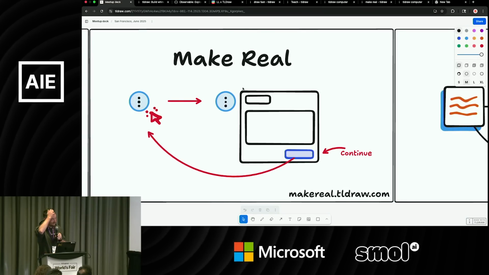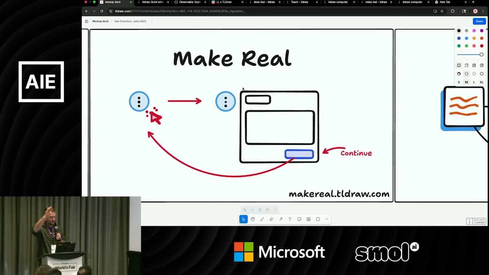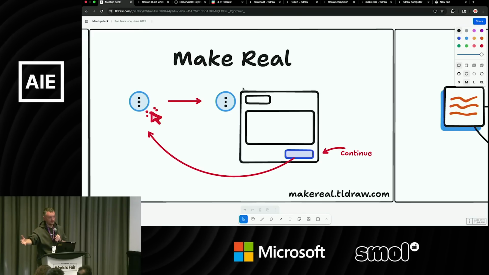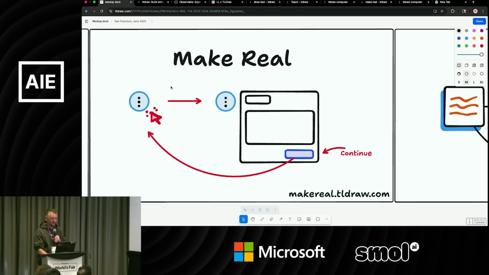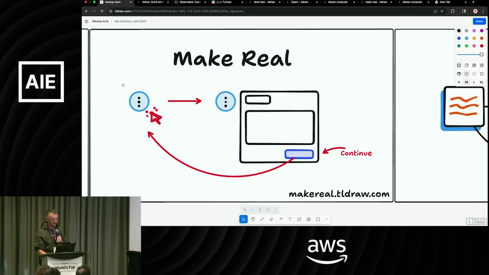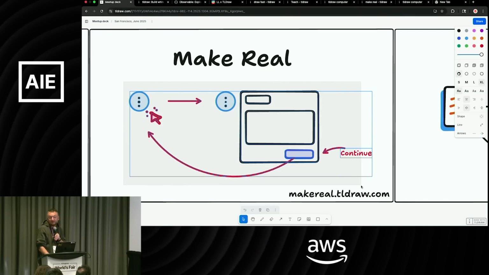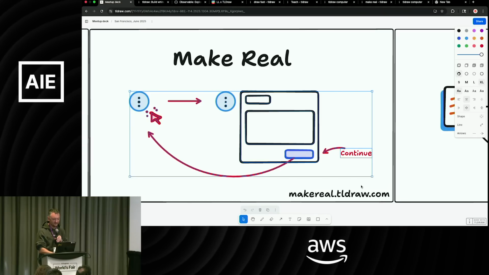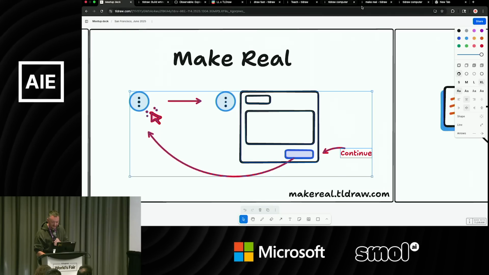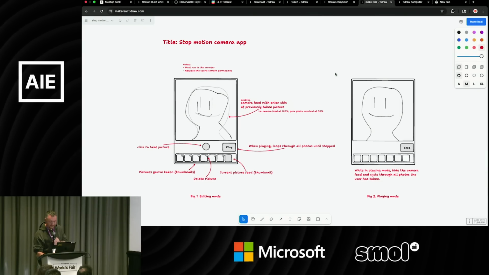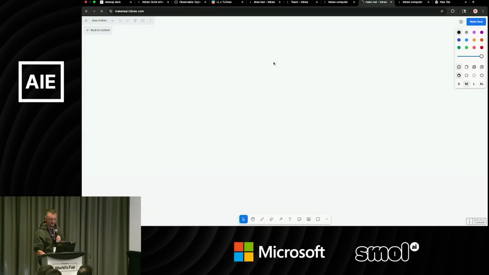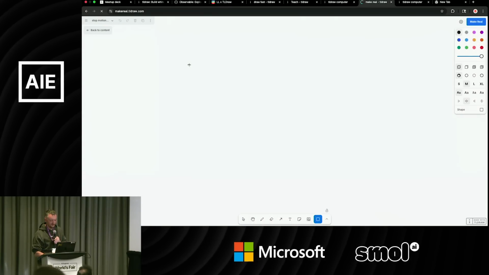Make Real was the idea that people were using tldraw.com for whiteboarding, as well as drawing wireframes. And the idea was, well, what if we could take the diagrams and wireframes that we were drawing, and we could just make them real, right? What would be involved in that? And so when the vision models came out, like GPT-4 with vision,